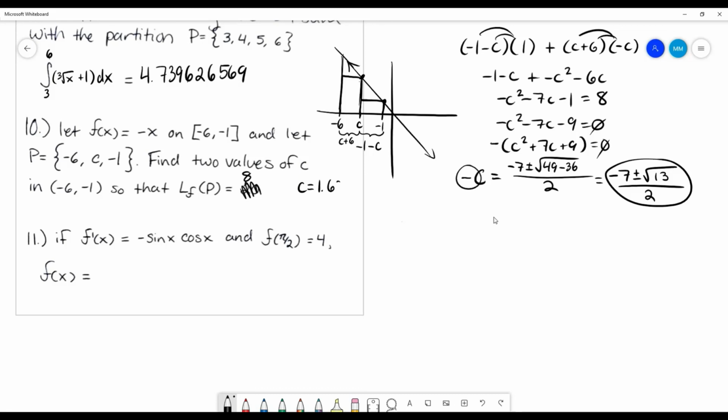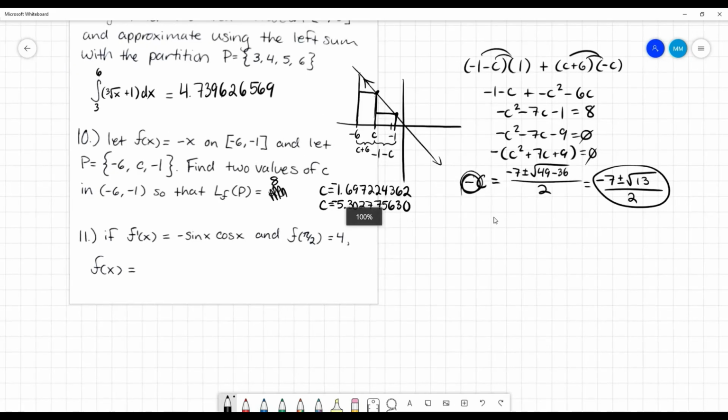So one of my c values is this. And then we're going to do that negative 7 minus square root of 13 divided by 2 times negative 1, again, because this is negative here. And then my other c value is, c has to be negative. I don't know what happened with what I factored out there, but it has to be in this area here. So ignore that. And it's going to look something like this. So basically what we just found is we've got a c value right about here and a c value right